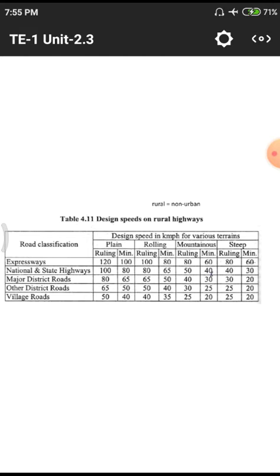That means whenever there is a curve, for that particular curve, the curve is located at which location and which kind of road the curve is designed. If it is a national highway, how much speed we have to maintain. For that speed, what elevation is required. Is it a horizontal curve or vertical curve, or is it located in plain terrain or rolling terrain. All those things they have to consider. After considering all those things and conditions, they have to give particular values and what overtaking distance is required. Is any extra widening required for those particular roads?